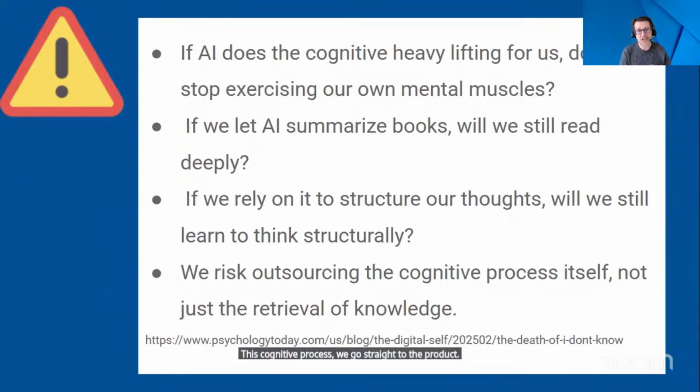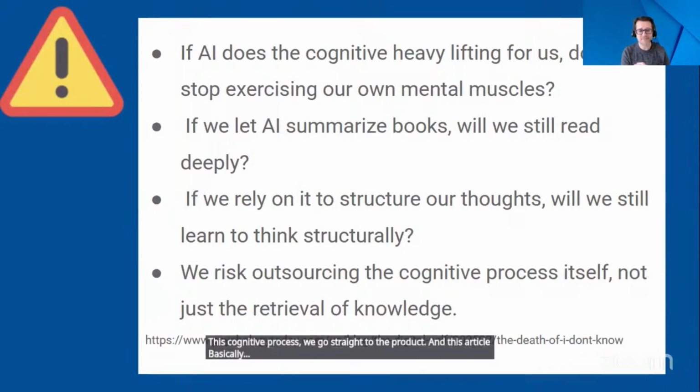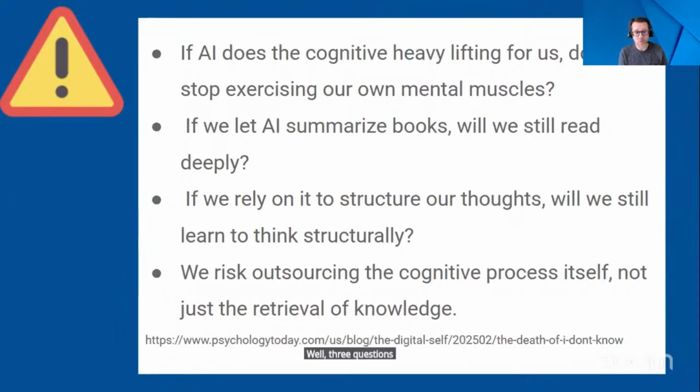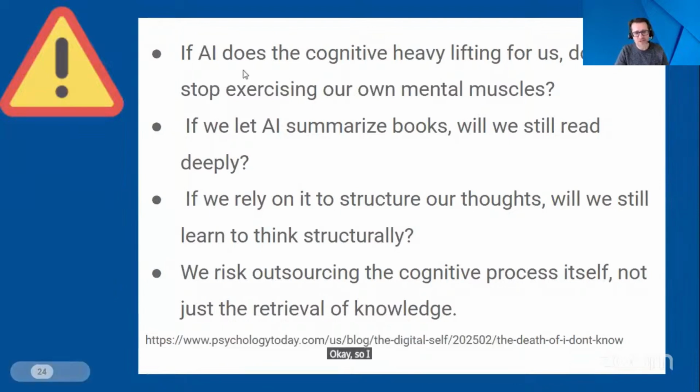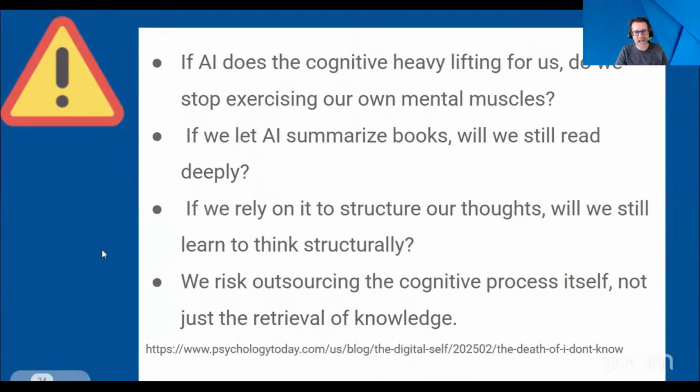And this article basically came up with 4 questions that we need to ask. Well, 3 questions, and then one warning. We risk outsourcing the cognitive process itself, not just the retrieval of knowledge. Okay. So I think that's a warning about overusing ChatGPT or any kind of AI tools,